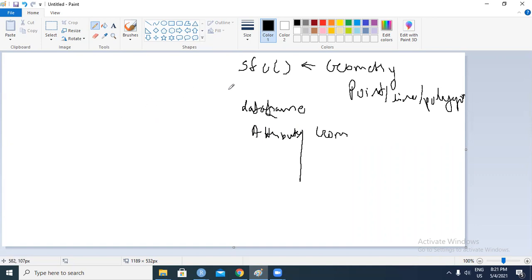So in order to query, you need to have all the features collated into one object, and you need to convert your SFC, or simple features column, into a full-fledged simple features object. A full-fledged simple features object corresponds to what we have in GIS as an ESRI shapefile. One interesting feature of simple features is that you can create these shapefiles, and we'll see in a bit how to do that.